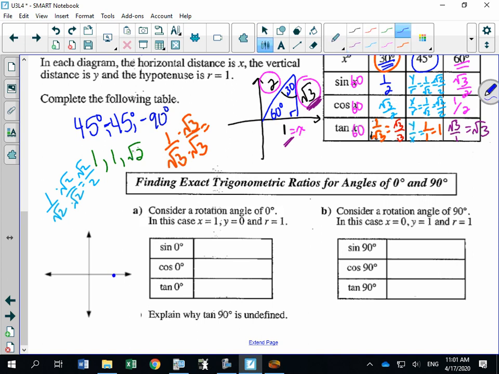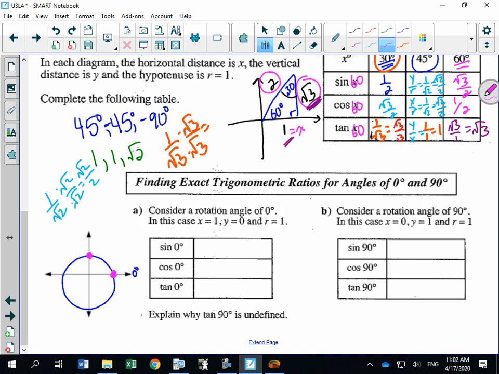So we start at 0 degrees and we get to 90, here we're at 180, here we're at 270, and back to 360. So this is going to be something called the unit circle, which we'll introduce in Math 30. And what you need to know for 20-1 is the coordinates at 0 and at 90,